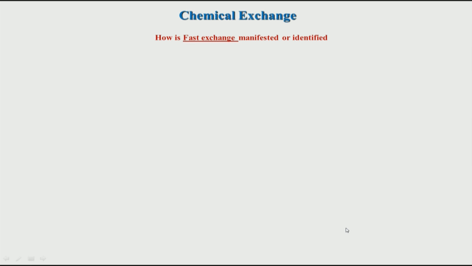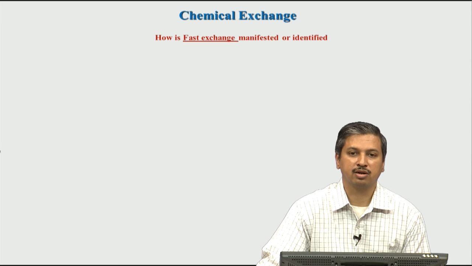So, let us now look further at how fast exchange can be identified. In the previous examples we have looked at slow exchange. There were two methods. One is to look at the appearance of a peak when you add A to B, the ligand and protein, and another option was exchange spectroscopy, assuming that the two chemical shifts, A and B, are well separated. And if the exchange is not too slow; if it is too slow, that means the exchange is much slower than the T1 relaxation, 1 over T1, then also during the mixing time it will not be possible to see. So, it has to be in the right time scale window.